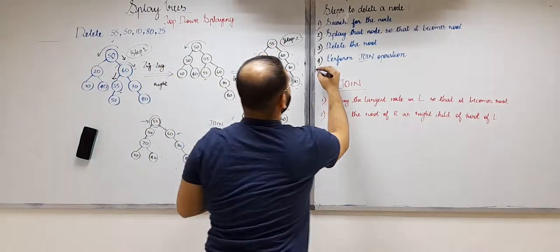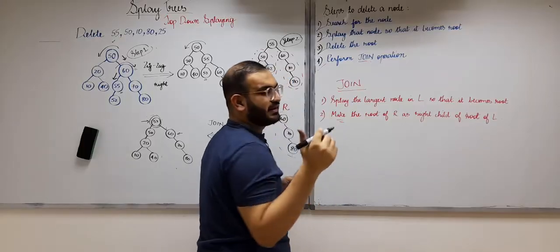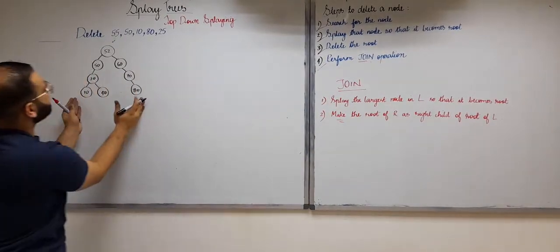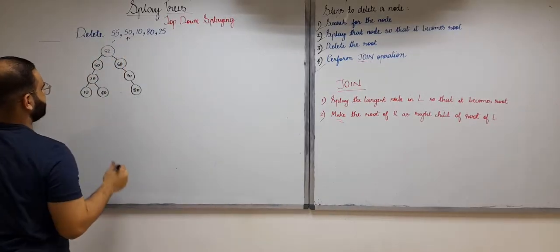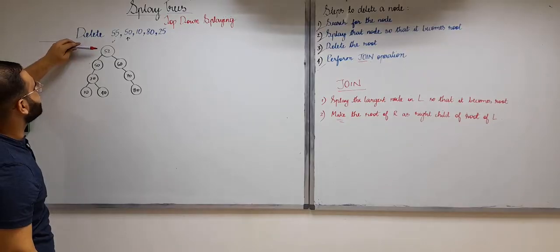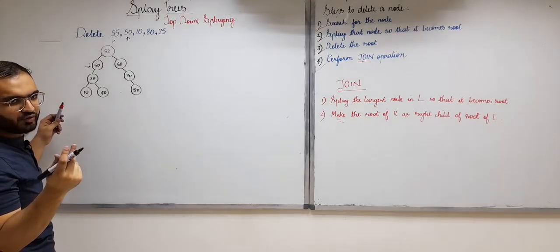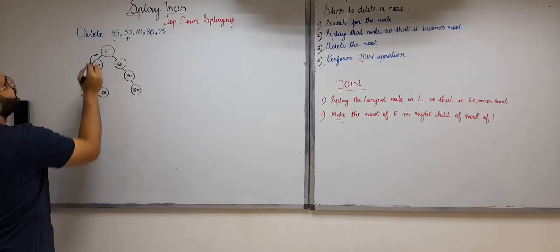So these are the 4 steps that we need to perform in order to delete a node in case of top-down splaying, right? This is the splay tree that we get after deleting 55. This is what we got. Let us delete the next element, that is 50. First step, we search for 50. 50 is less than 52, so it will be on the left. So we got 50. Then in the second step, what do we do? We don't delete 50. We splay the node. So we bring 50 to the root.